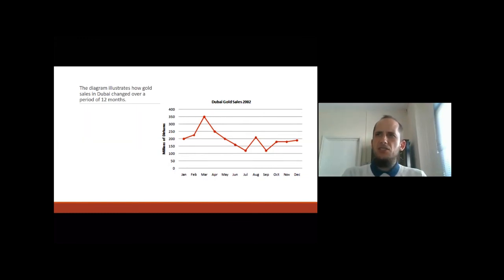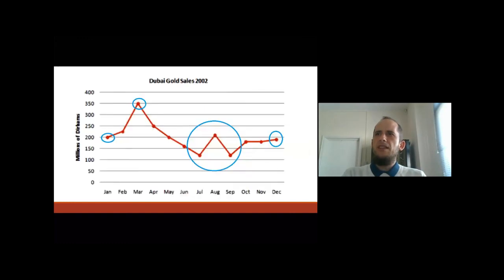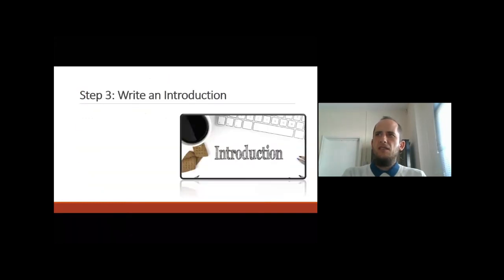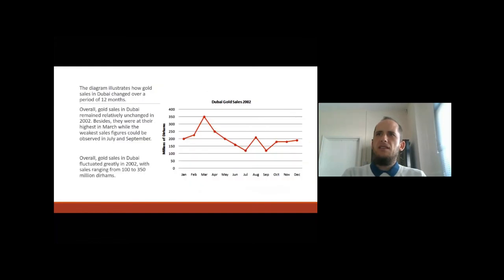Now, somebody's asking me to show step 2 again. So step 2 is here. We're looking for the main key features. I hope that helps. And so overall, gold sales in Dubai fluctuated greatly in 2002, with sales ranging from 100 to 350 million. And there you go. That would be a more accurate